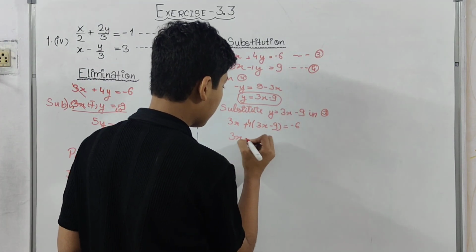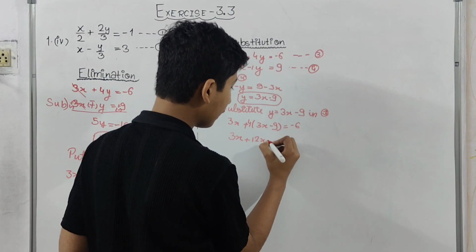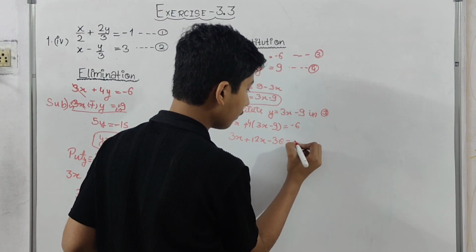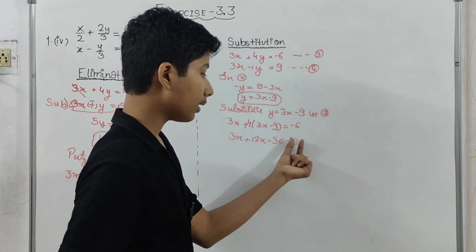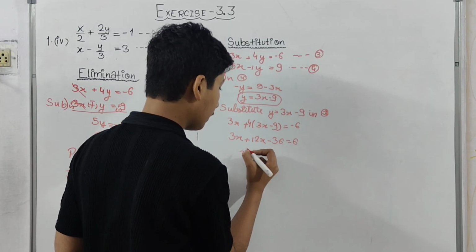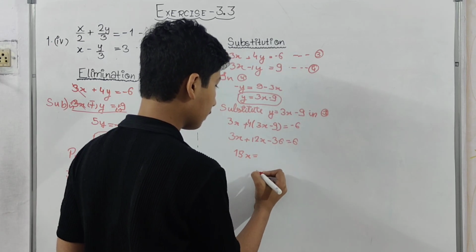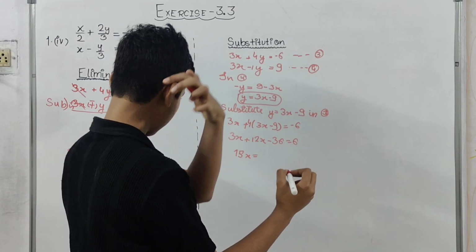Now 3x plus 4 threes are 12x, 4 nines are 36, equals minus 6. So this 36 will go that side. So 3x plus 12x is 15x equals